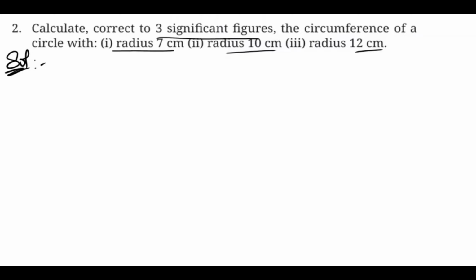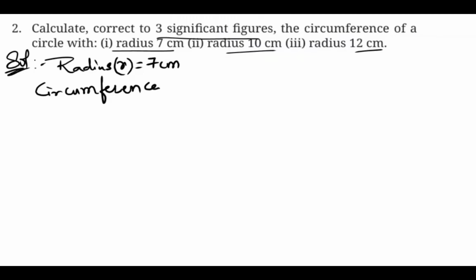So we will do the first bit first. What is the radius given in the first bit? So radius R is 7 centimeter. Okay, so we know that circumference is 2 pi r. So that is 2 into pi is 22 by 7, R is 7. Okay, so 7 we can cancel. 2 into 22, so that will be